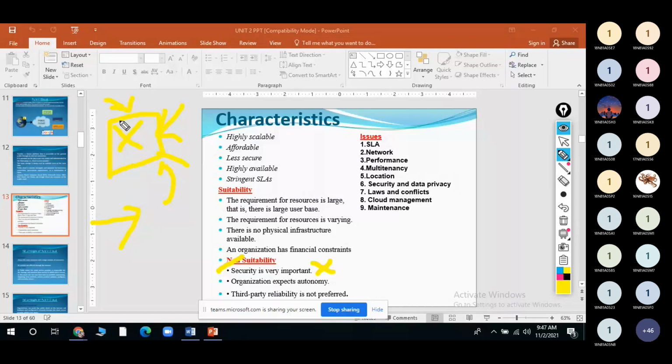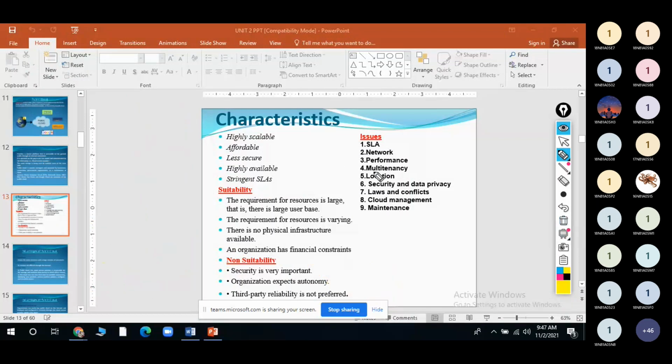So for those who say security is very important, it is not suitable. And the second, the organization expects autonomy, that is, whatever app or website is there, that is permanent for them, and they can do customization or changes on it. For them also it is not possible. And third party reliability is not preferred, right? So these are the non-suitabilities, right?